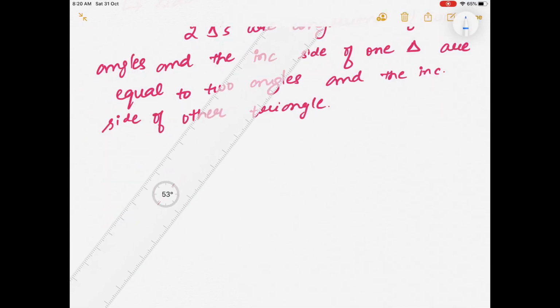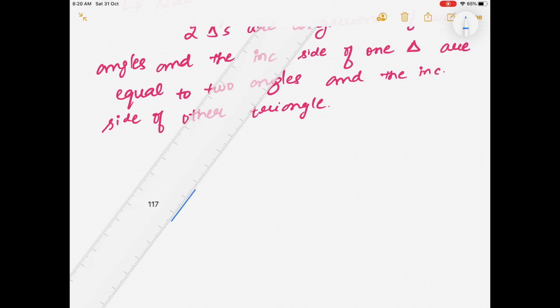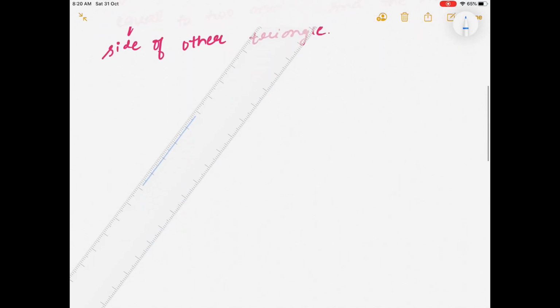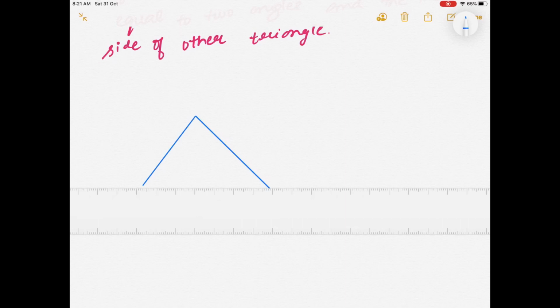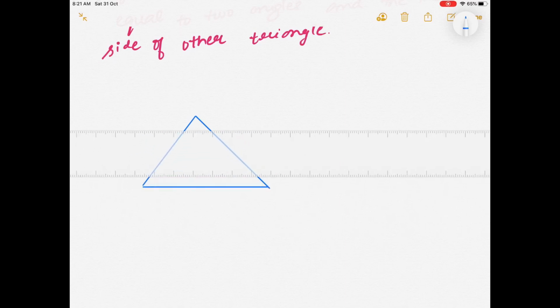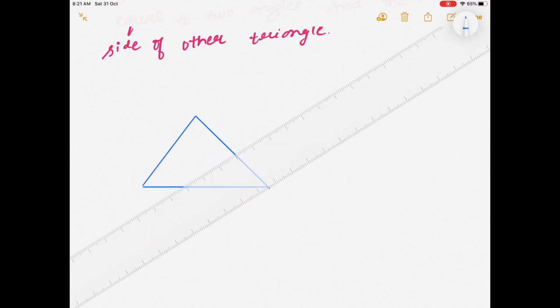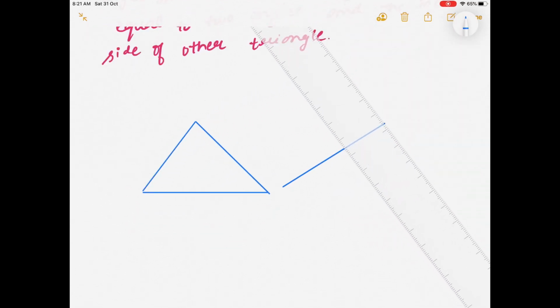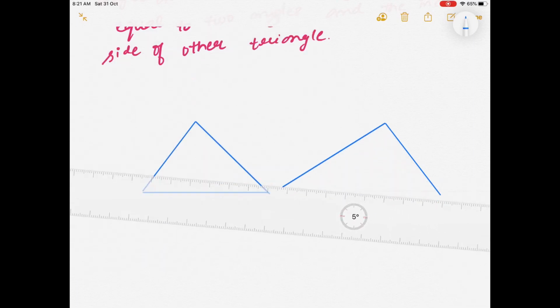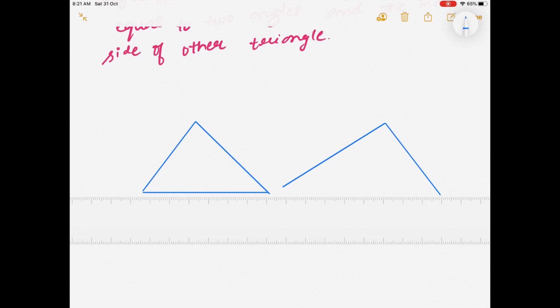Now here two triangles are given. So let's draw two triangles first. Triangle ABC and triangle DEF. If you have to prove two triangles congruent to each other, you have to first draw the two triangles. And in exam, you have to draw all the figures given in the question paper to solve the questions, so that your examiner understands what you have written simply. So here are our two triangles.